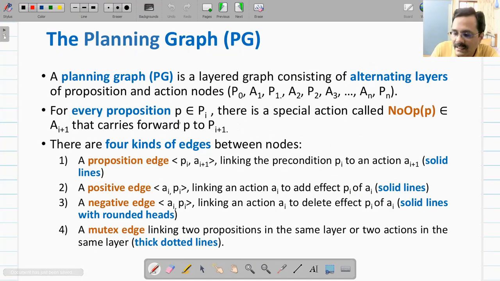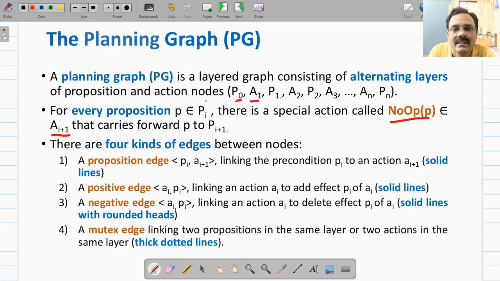Now this planning graph, as we have seen, is a layered graph consisting of alternate layers of prepositions and actions. For every preposition P belonging to preposition layer Pi, there is a special action called a no-op action, which belongs to Ai plus 1.